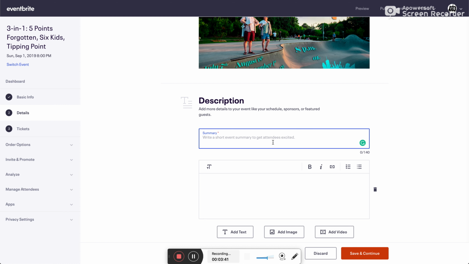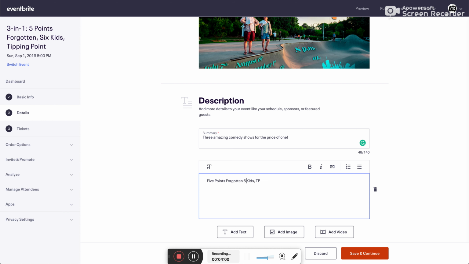So summary, this is kind of like an above the fold description of what's happening, right? 3 amazing comedy shows for the price of 1. Cool. And then I typically like to just let people know what they're about to see. And again, I think what we need is